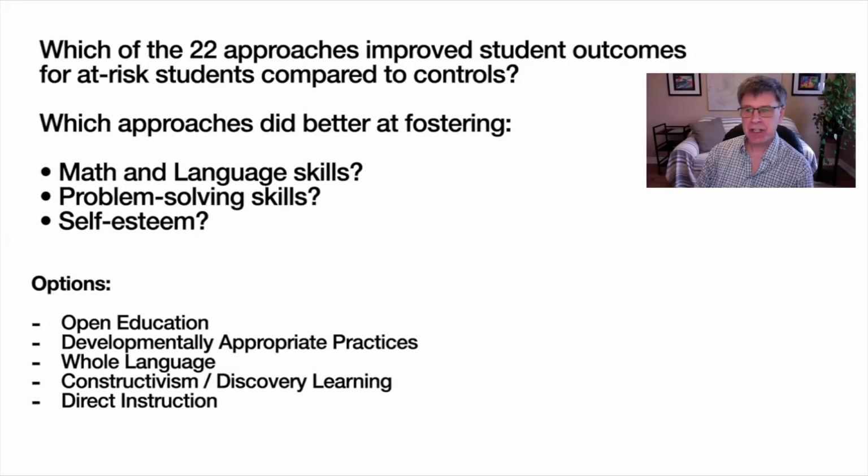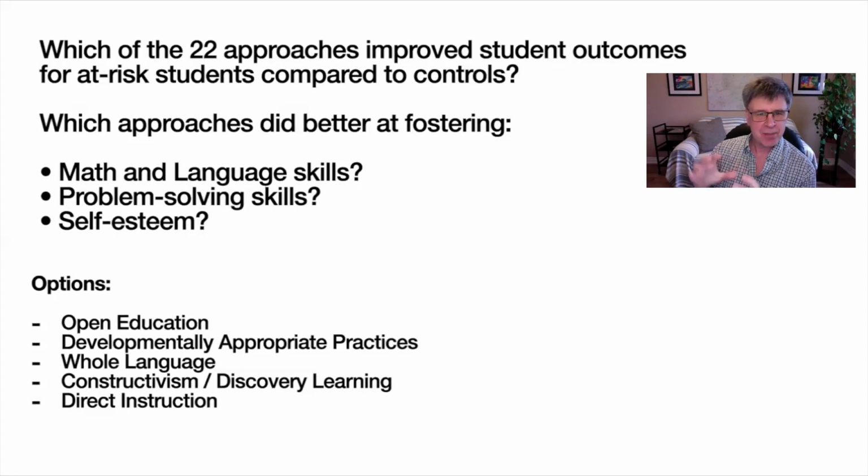Paul's here, so I'm going to just finish this off kind of quickly here. So yeah, they were measured on a lot of these different items: math and language skills, problem-solving skills, self-esteem. They gave the schools about 10 years to make sure they were implementing all the models correctly. There was a lot of excitement about the results because nobody was quite sure what was going to happen. A lot of people at the time were of the opinion that all the projects would be effective because they'd all provided their own control classroom and they all had some kind of invested interest in succeeding.